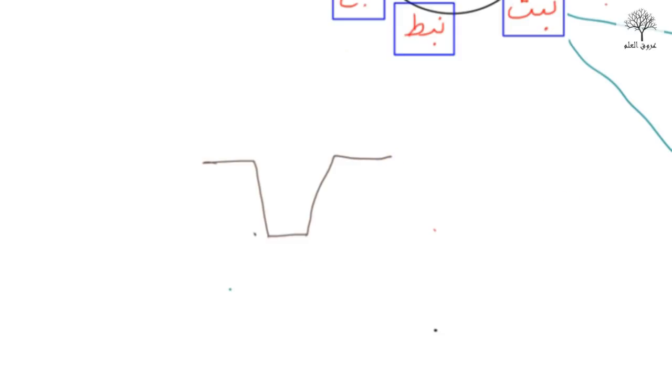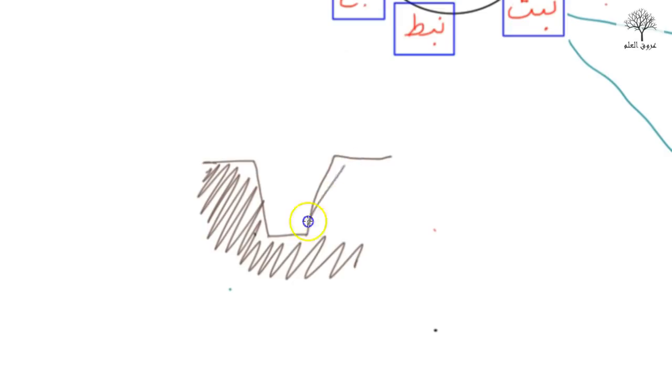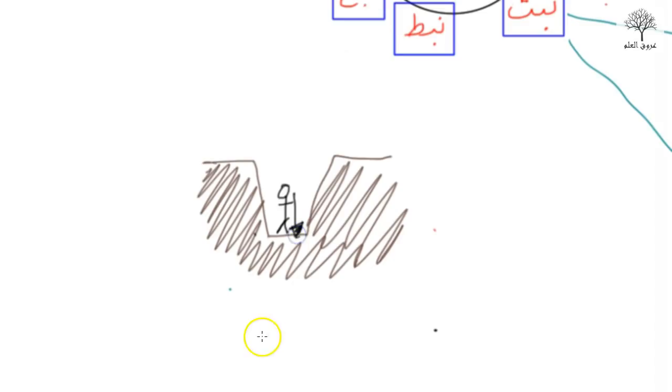Nabata is basically, imagine a pit. You're digging a pit, right? This is my version of a pit. And there's a guy inside this pit, and he's digging. What does he want? He wants water, basically. He's digging a well. He wants a water supply, and to get water, sometimes you have to dig very deep into the ground. So this guy digs, and eventually he finds some water coming up. This water that comes up is known as nabat. Nabat is that water that comes up after digging for so long.